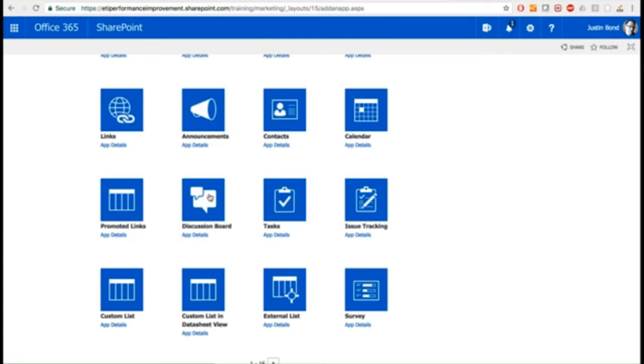Microsoft is making this even easier with some of their new products. One of those is called Microsoft Teams. We use Microsoft Teams pretty heavily in our environment. It's just another way to discuss and have a discussion board. If any of you guys have ever used Slack or some of the other products out there, it's very similar, right? So if I create a discussion board, and we'll call this one training